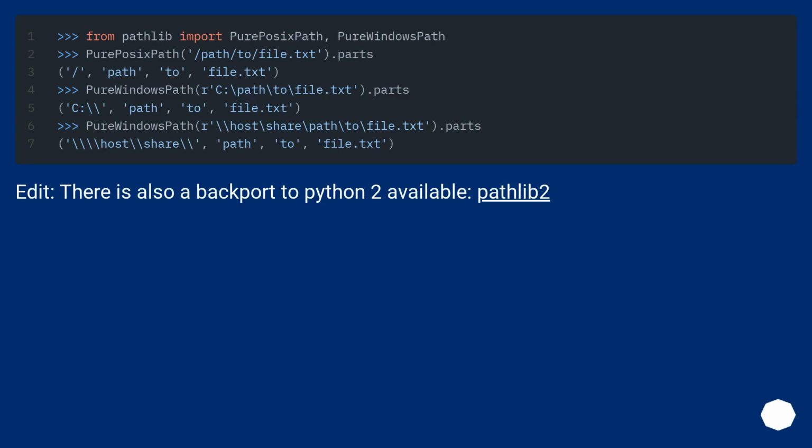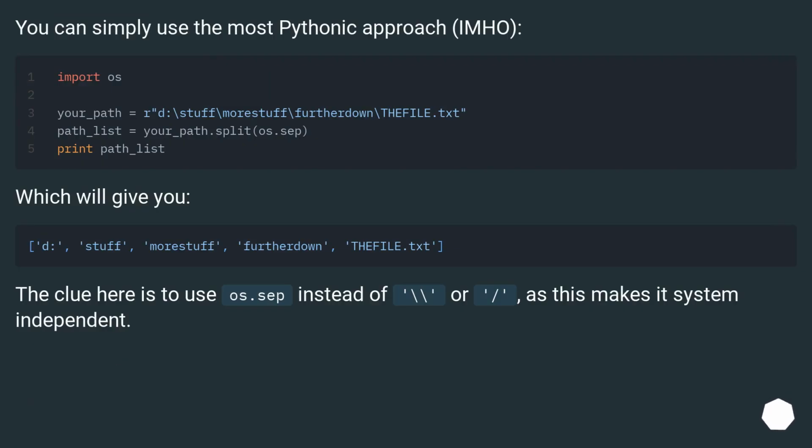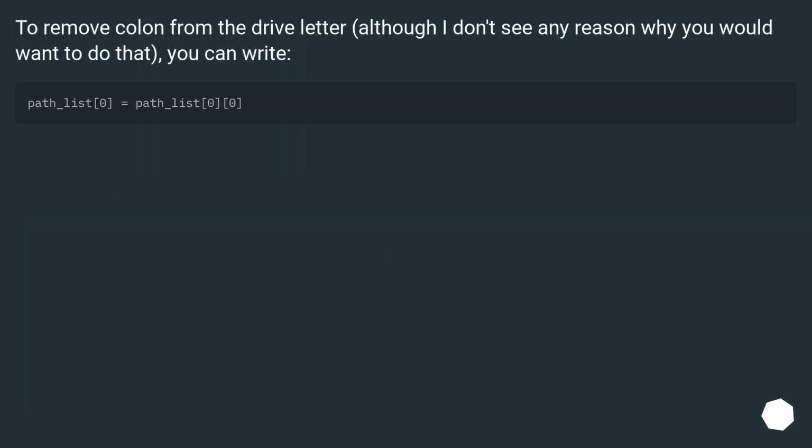Edit: there is also a backport to Python 2 available, pathlib2. You can simply use the most Pythonic approach, imho, which will give you the result. The clue here is to use os.sep instead of backslash or slash, as this makes it system independent. To remove the colon from the drive letter, although I don't see any reason why you would want to do that, you can write: